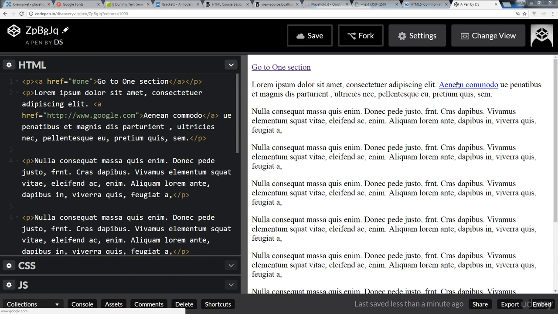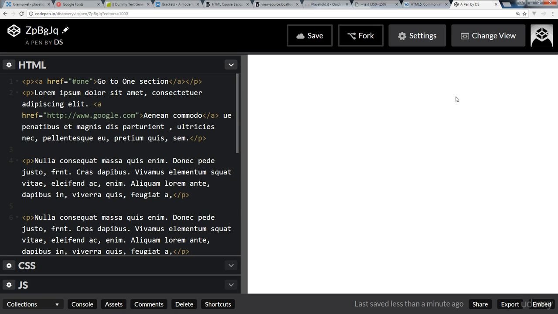I've got this link going out to Google, and if I do click it, it's going to bring me over to Google. But the one problem here is that it's going to try to link out to another web page, or it's going to try to link out and bring my entire browser screen to that web page, to that window. So I just saved the pen, and we see when I click it, it brings us over to Google, and this is not what we want to happen within our web page,